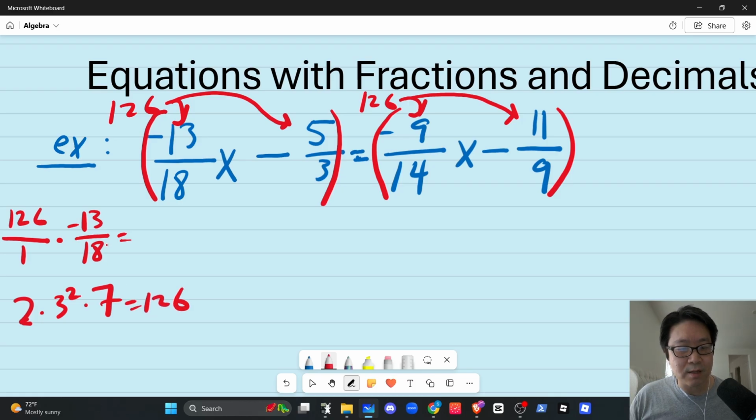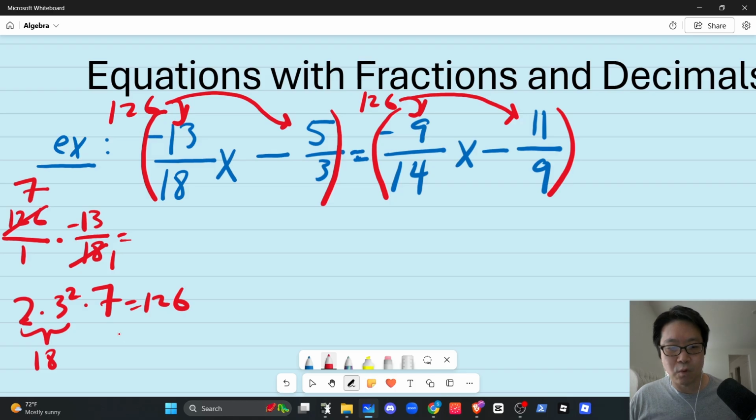So we can cross simplify, okay, because 126 divided by 18 is 7, right? So this is 18. 18 times 7 gives us 126. Therefore, 126 divided by 18 is 7. Okay, that's what's happening here. And now we just multiply across. So 7 times negative 13 is going to be negative 91. Okay, and then x